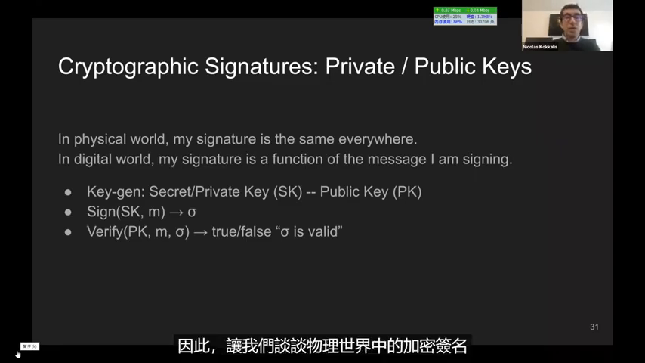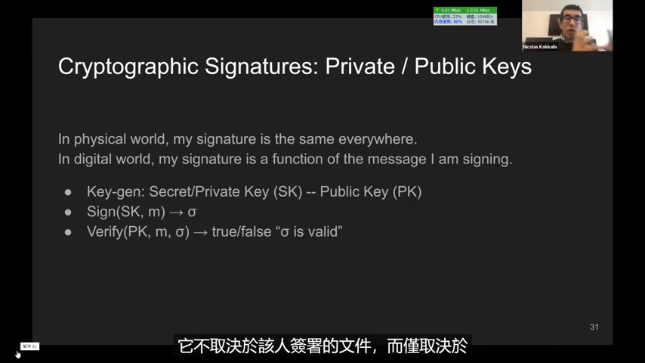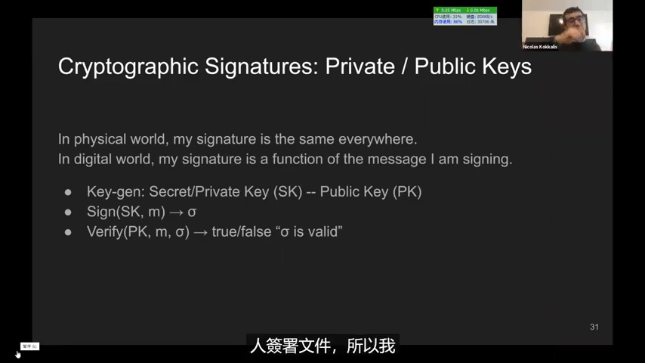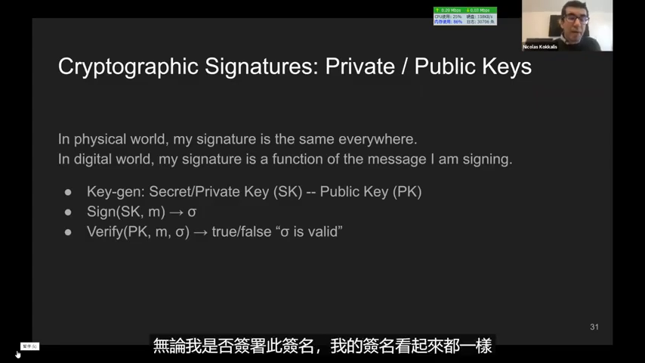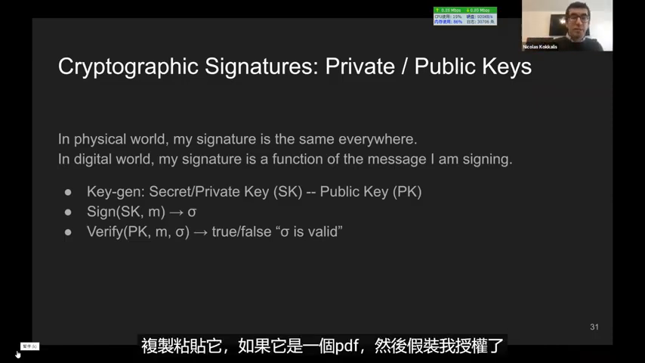So as I said, cryptographic signatures are the key here. So let's talk about cryptographic signatures. In the physical world, on pieces of paper, a person's signature is the same everywhere, or at least it doesn't depend on the document the person is signing. It just depends on the person signing the document. So my signature would look the same regardless of whether I'm signing this document or another document. Someone could even try to forge it or copy paste it if it's a PDF,